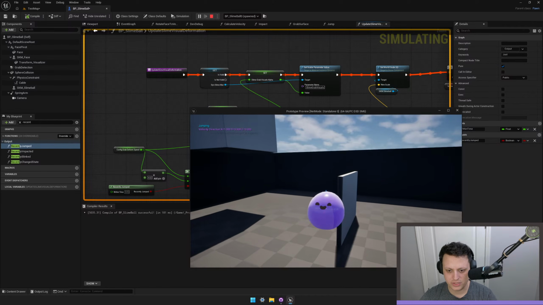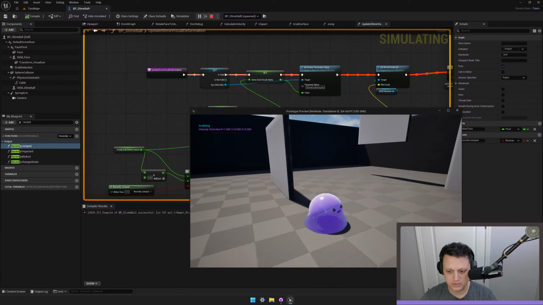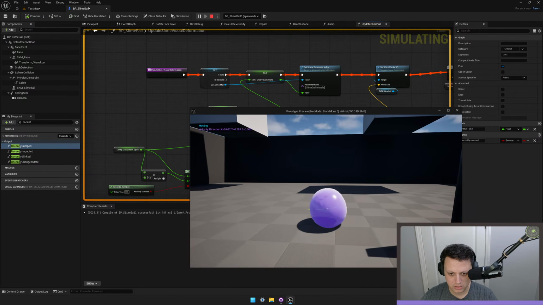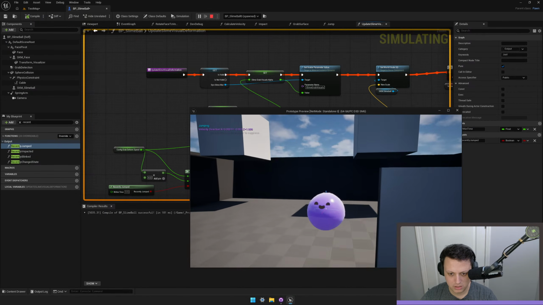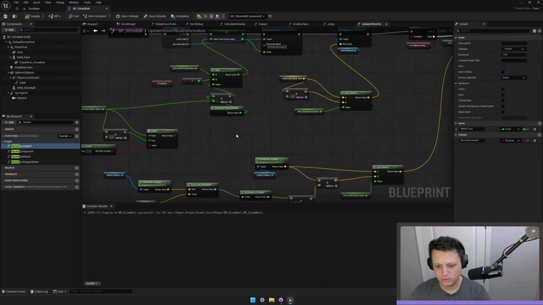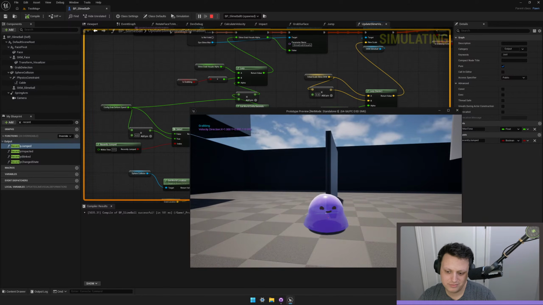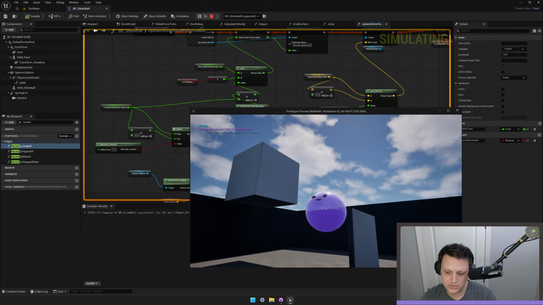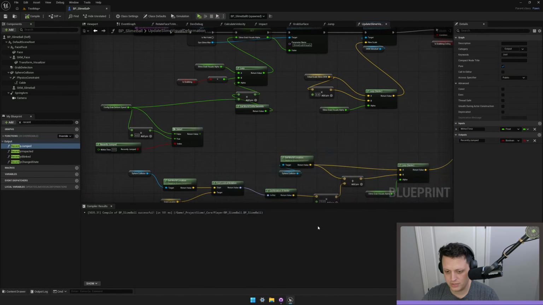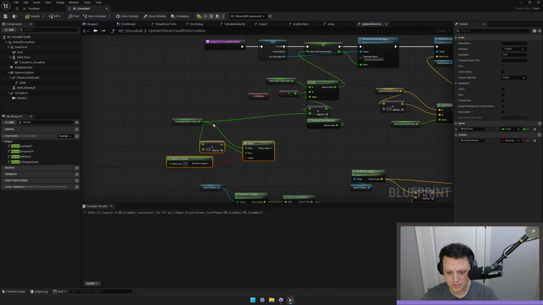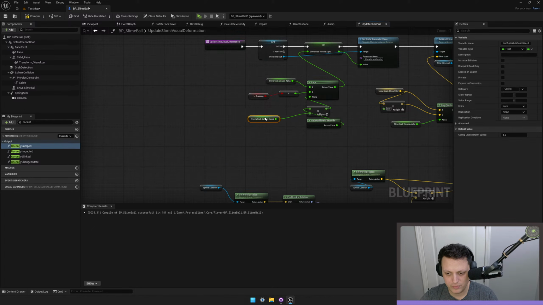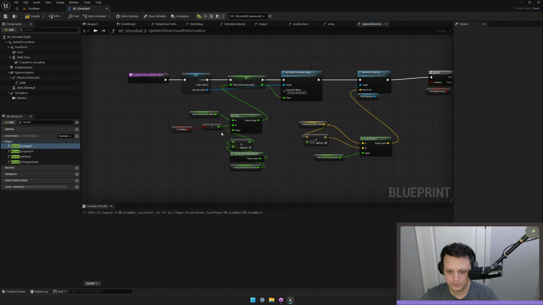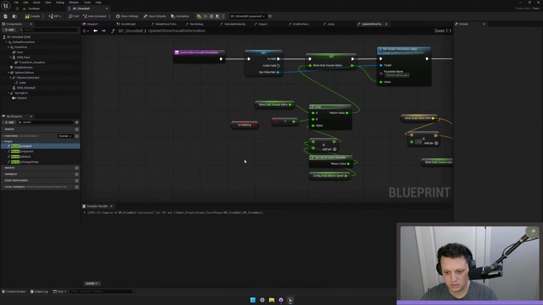Okay, yeah, so I see the issue. The issue is there's a little bit of a delay between transitioning from grabbing into jumping. If you're still holding the grab button, which it's not even really that, no, it isn't. It is noticeable in some situations. Yeah, it's definitely noticeable that there's a delay. Okay, so this isn't going to do me any good here. I don't need that. What I do need